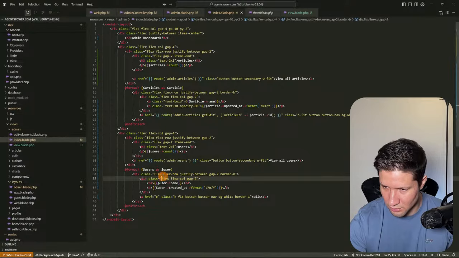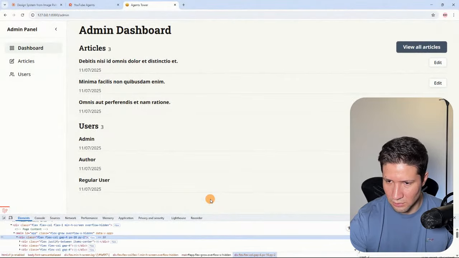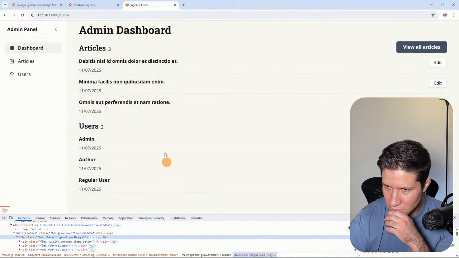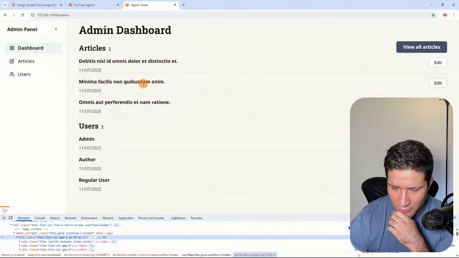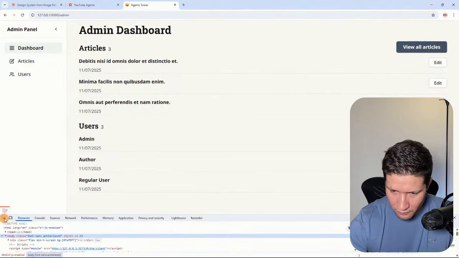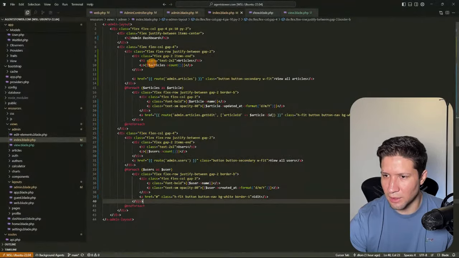Sorry, not this one, this one. So like this, and then I could add more functionality to this, but I'm going to do it later. So in here I could add